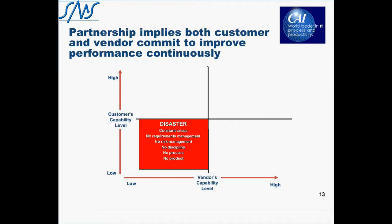frequently, let's say. There are constant crises, no requirements management or insufficient requirements management to really elicit the correct requirements. Risk management is often ignored. Lots of processing gets done ad hoc, and really there's no guarantee that anybody is going to get their desired outcome or indeed get paid for it. And it's those kinds of situations which end up in the courts, and that is expensive for everyone. I know of a couple of